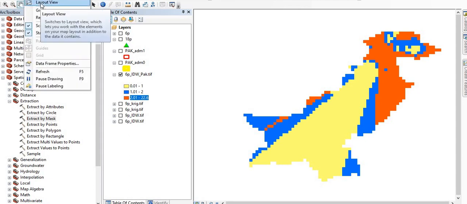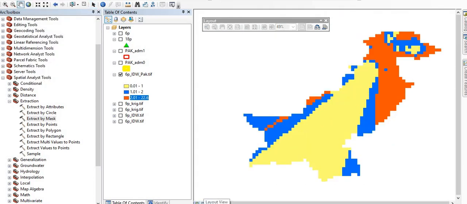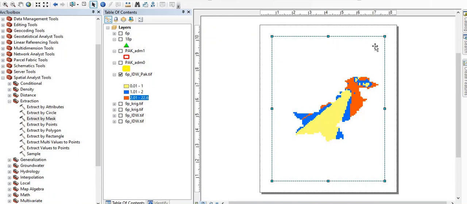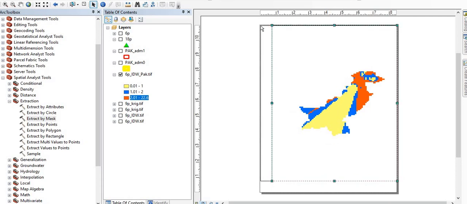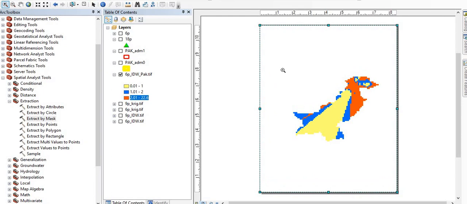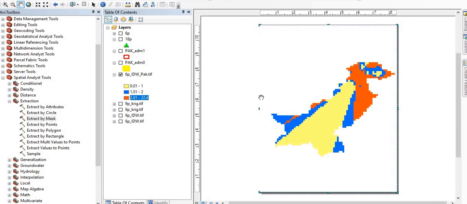You have to go to layout view. So this is the layout view, and this is the data view. These two views are also here. In layout view you can make a proper design, like the first page of an assignment, like AutoCAD drawings. It's up to you to give it a suitable title. I'm going to extend to this limit and this limit as well, and I can zoom it to full extent this way. You can use the pen to adjust it.